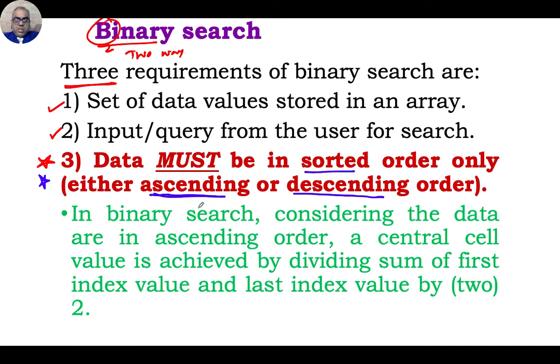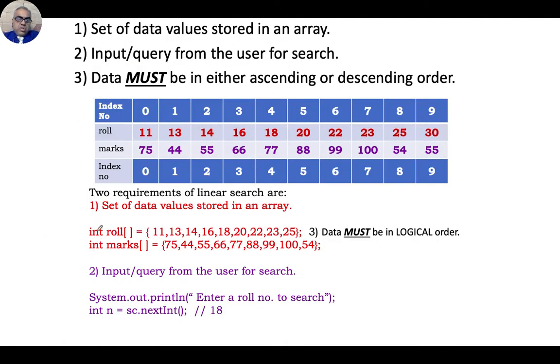So what we do, in general, I am not going to read this right now, we will straight get into the business here. I have a set of data which is here. We have an input coming from the user, these 2 lines are necessary, and we have data which must be in some sorted order.